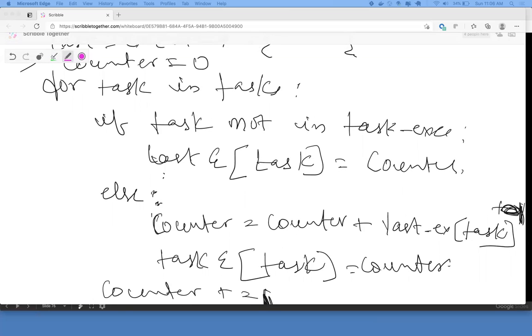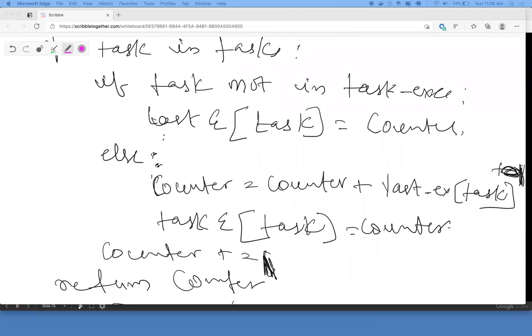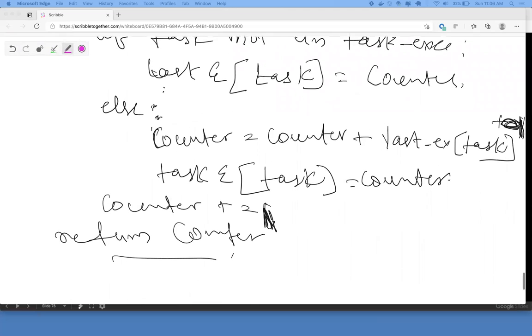Let me see. If the task is not in task executed, we change last executed of the task to counter. Okay, that is fine. Else, that else is going to fail. If the task is already in task executed, okay, Devin, now let's say you had A, and let's say you have B, C, and D. Let's say you get A again, and the cooldown has already happened.